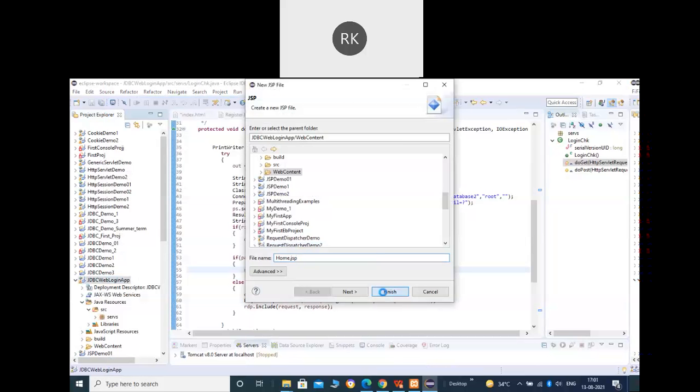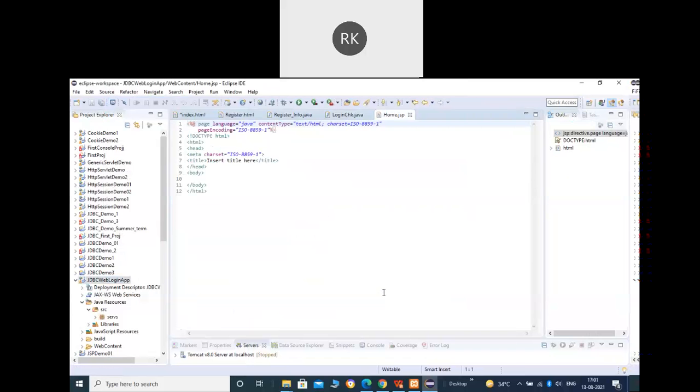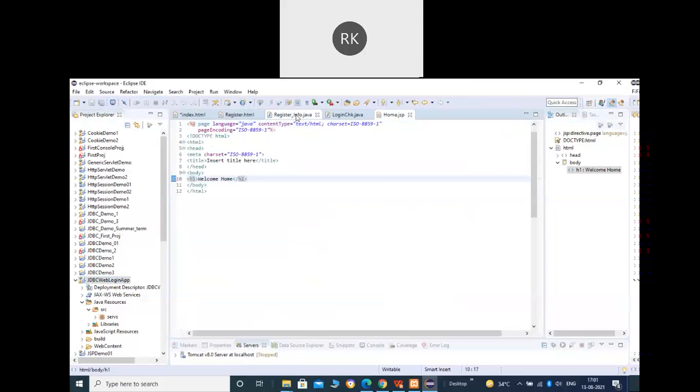Otherwise, we can show an error like wrong username or password. And finally, we can show the user the index.html page. That is going to be what? That is going to be the login page of yours. Okay, so this is what we are going to do here.